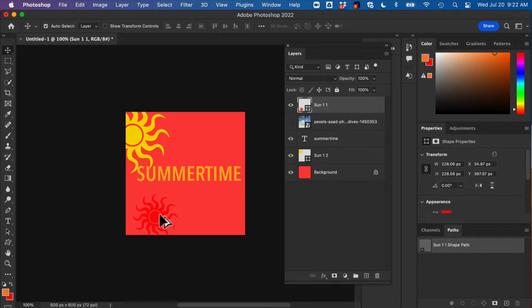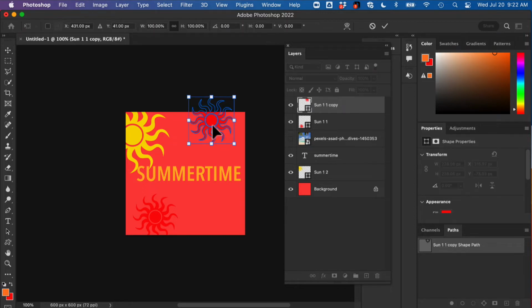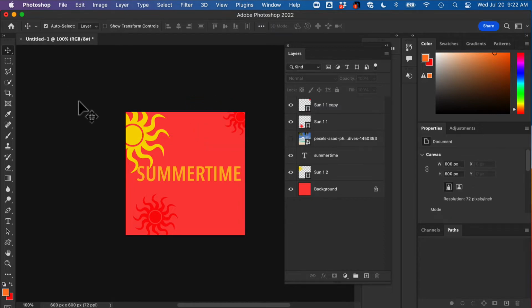And if I want to copy things, I can just Alt drag them, and notice when I do that, it creates a separate layer. To transform it or scale it up and down, I just hit Command T or Edit Transform, and I can transform that. So let's say that that is our starting point for our first